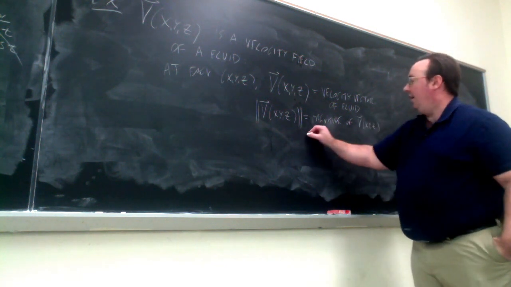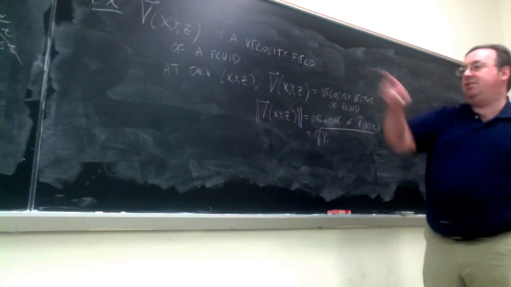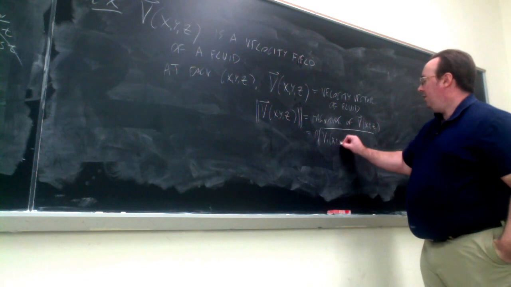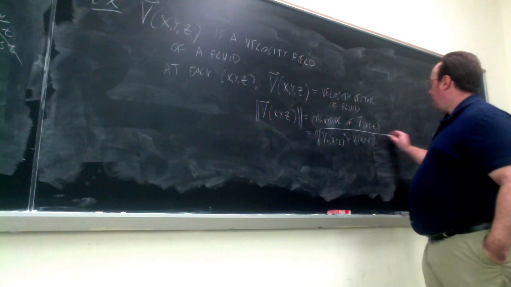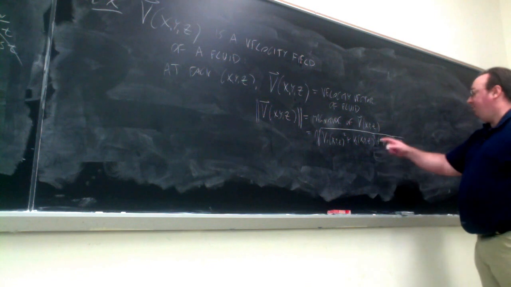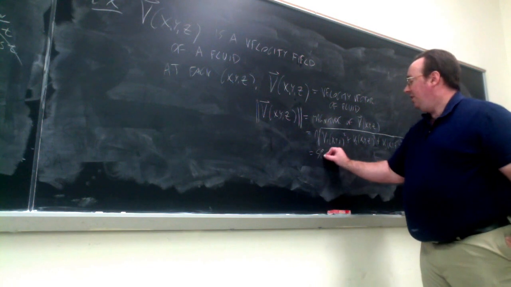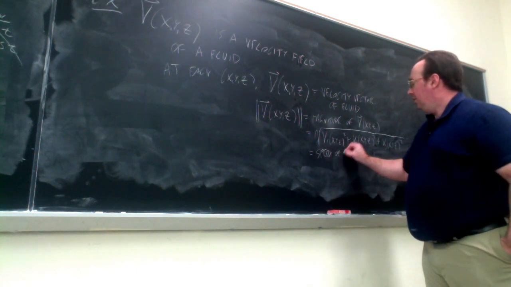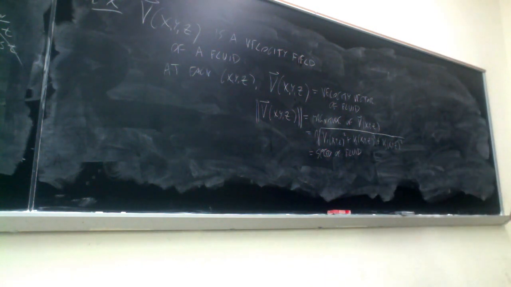So that would be the sum of squares of, using the same notation as over there, v1 squared plus v2 squared plus v3 squared, the three component functions of v. That indicates the speed of a fluid at that particular point. Okay. Now,